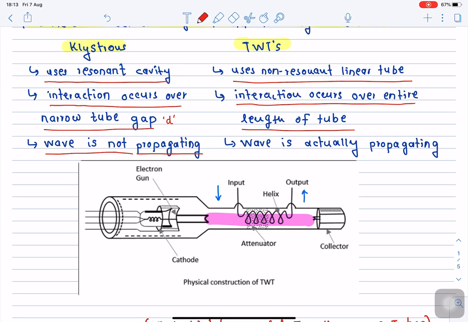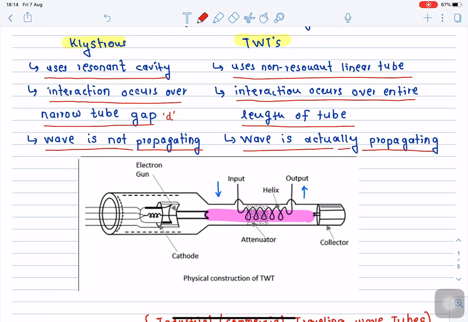On the other hand, we will say that in traveling wave tube, the microwave signal which we want to amplify by making use of electron modulation process, that electron modulation process will actually support actual propagation of the microwave signal along its axial direction. So here, that's why the name is given traveling wave. Here the microwave signal which we want to amplify is actually traveling along the axial direction of this particular tube structure, and upon traveling it continuously interacts with the electrons, and the electron beam with the